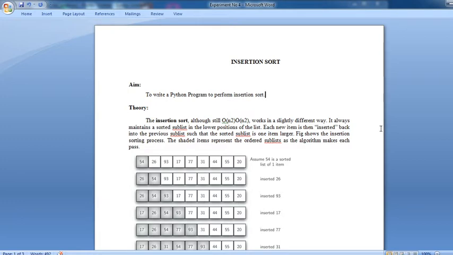Today, we are going to see experiment number 4, that is the insertion sort. Before that, we will see what sorting actually is. What is the definition of sorting? Sorting refers to ordering of data in an increasing or decreasing fashion according to some linear relationship among the data items. Sorting can be done on names, numbers, and records.